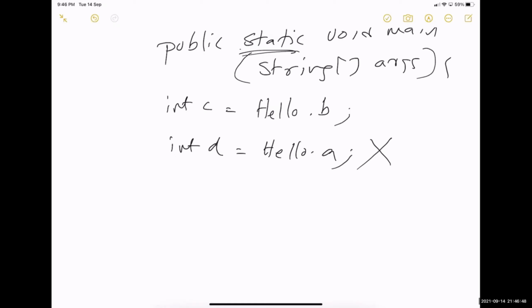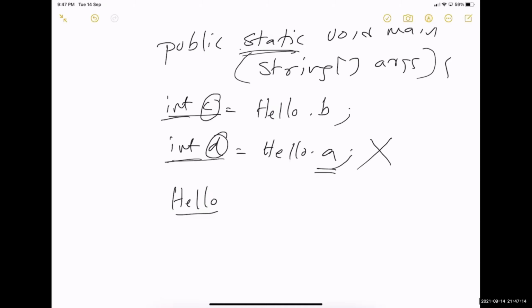So how do we invoke this a? For that, we need to create an object of this class. How do we create an object of this class? Here we are saying int c, int d, right? What does it mean? c is the variable name and int is the type. d is the variable name and int is the type.